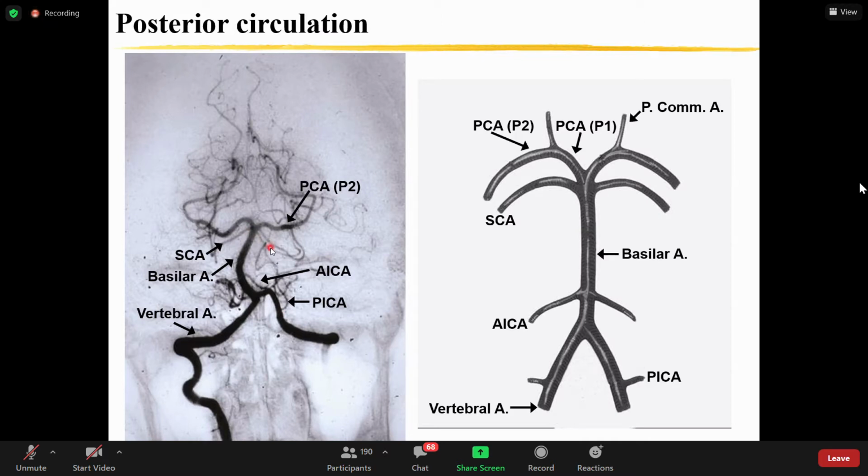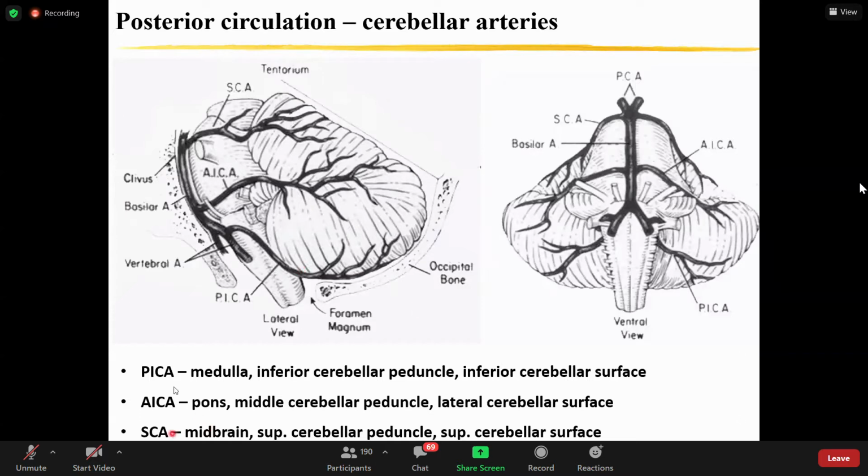arteries before it terminates. Okay, now PICA will supply the inferior. Of course, it's going to be close to the medulla, so it will supply the medulla, the inferior cerebellar peduncle and the inferior surface of the cerebellum. AICA, closer to the pons, is going to supply the pons, the middle cerebellar peduncle, and the lateral cerebellar surface. The superior, closer to the midbrain, is going to supply the midbrain, the superior cerebellar peduncle, and the superior surface of the